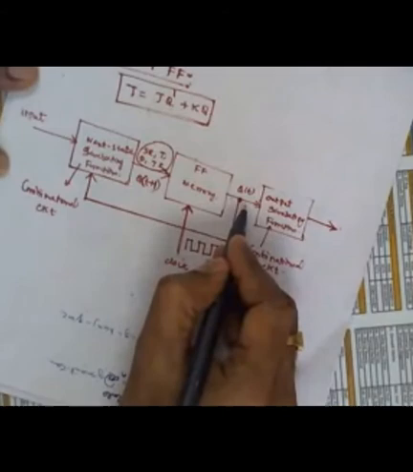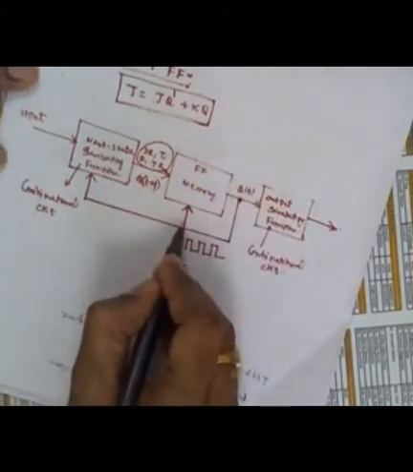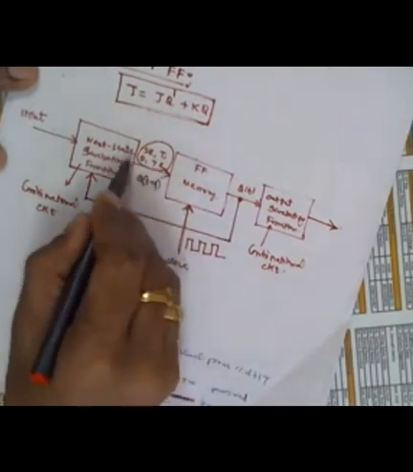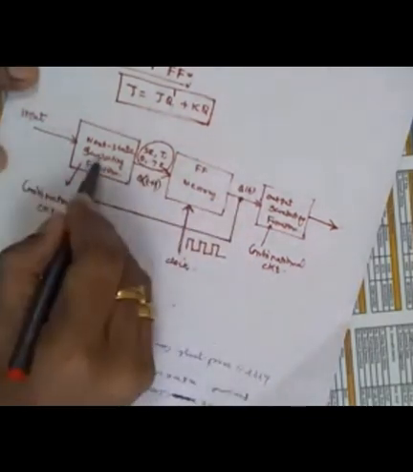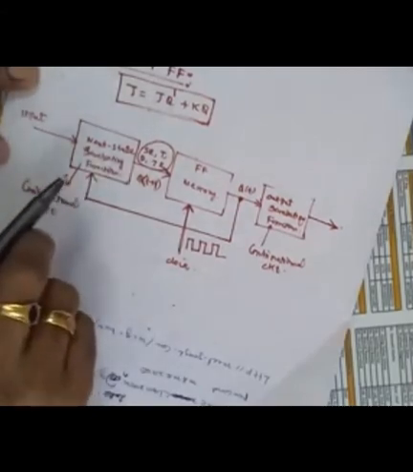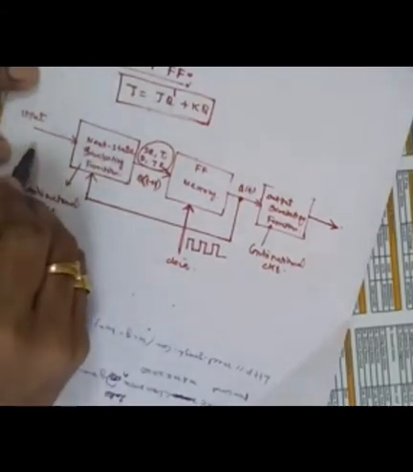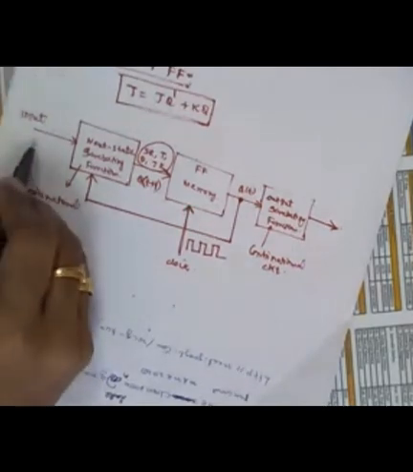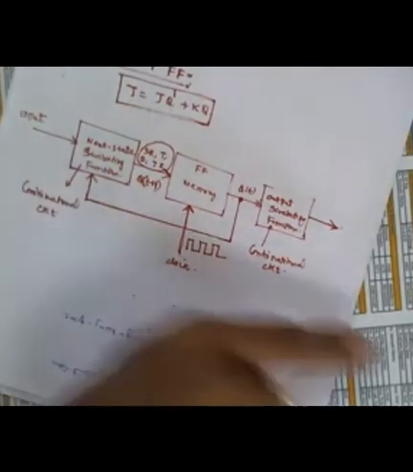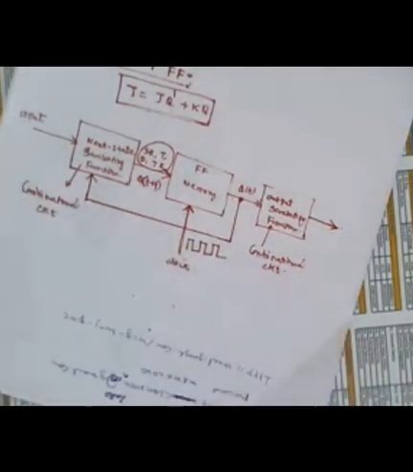Q of t will not get changed until you apply the clock here. But this Q of t plus 1, that means the SR, D, JK inputs, will be changed once the Q of t is changed. But this input is not a JK input, not our SR input, not the T input. This is some external input, application input. You understand now? So see the timing management here, controlled operation here now.